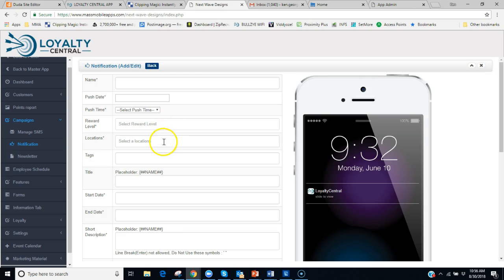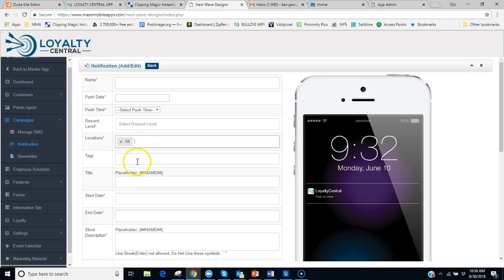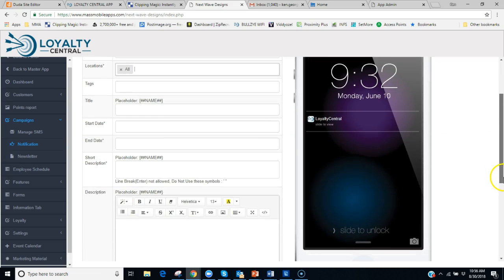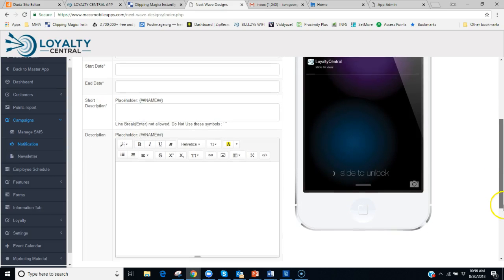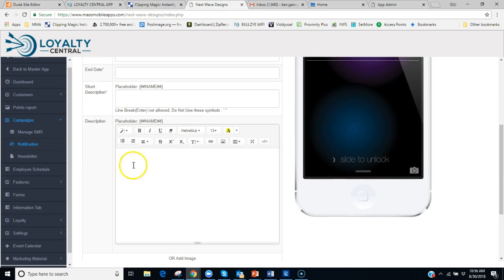Reward level, you can leave that blank. This here, you can leave that blank. It's going to go to everybody. Leave this blank, leave this blank. And then literally all you would have to do is just come down to the bottom, type in your message here, and once you do,